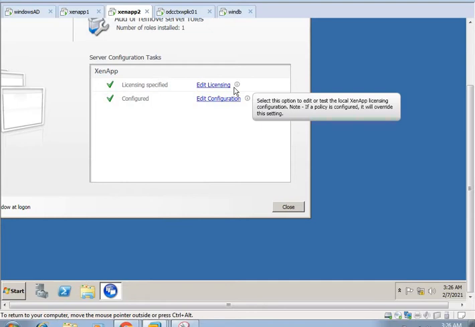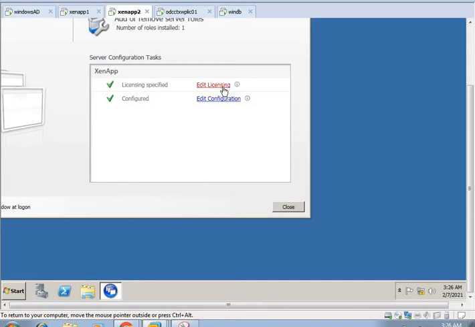So licensing configuration is done. We are again going to the screen, which is showing license specified, and now is the configuration of Citrix ZenApp.